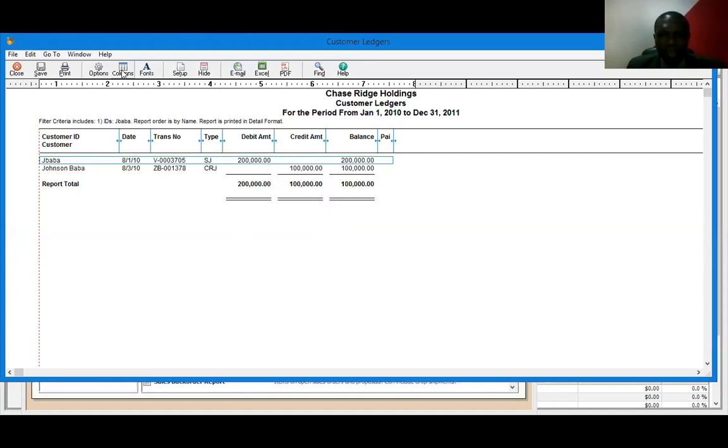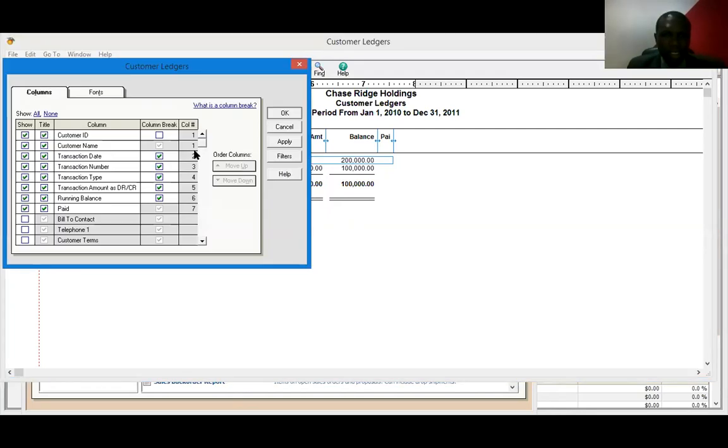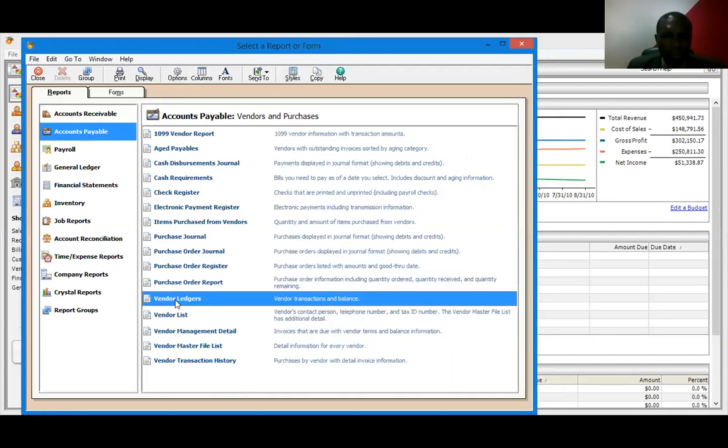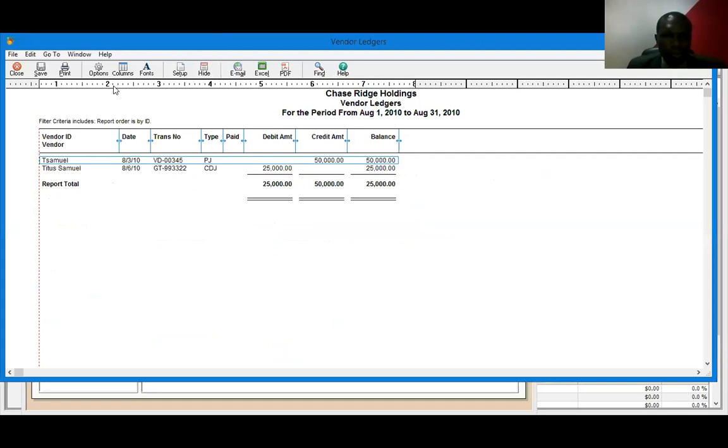Now let's go to vendor. Same thing here. This is the initial invoice of the vendor, payment, balance,